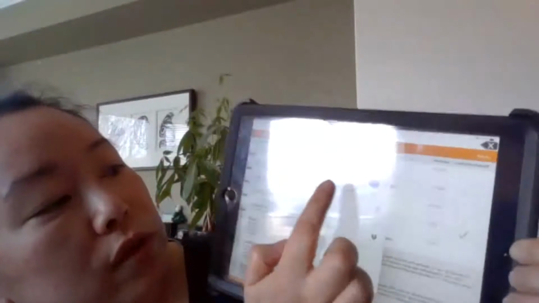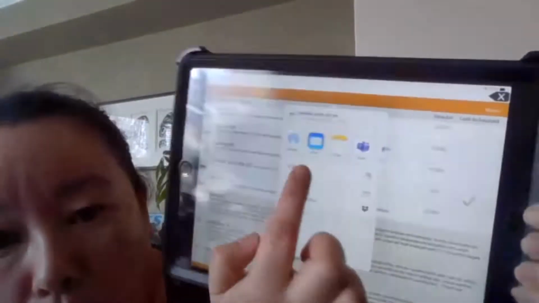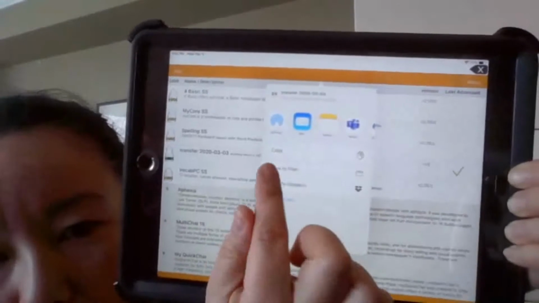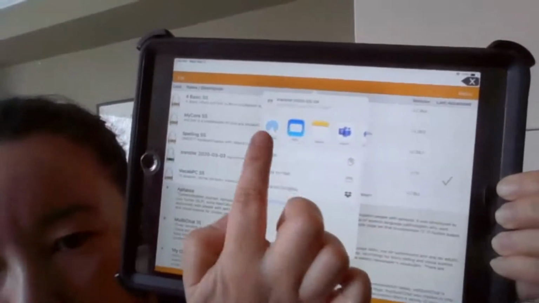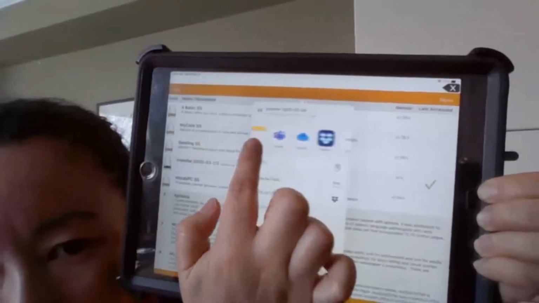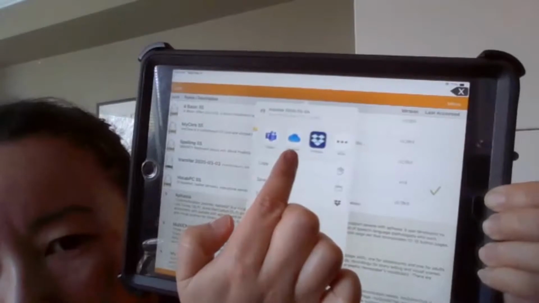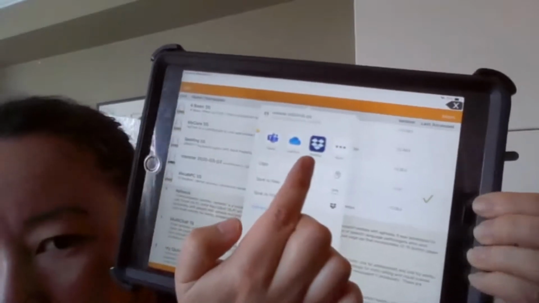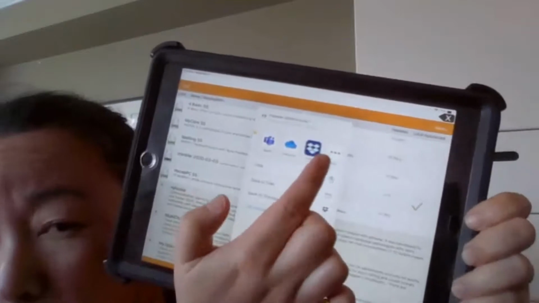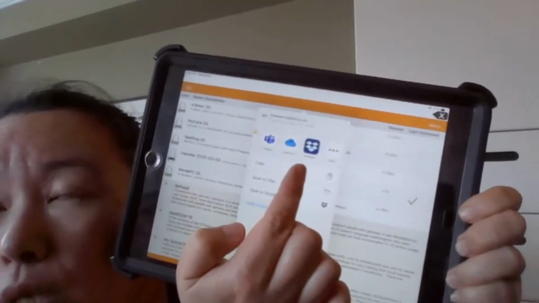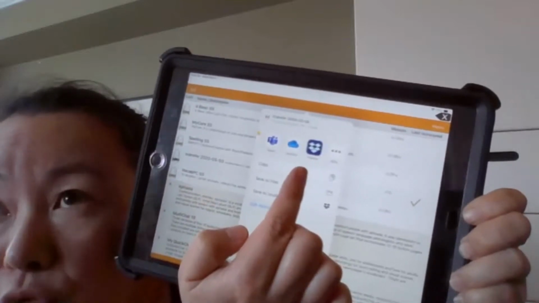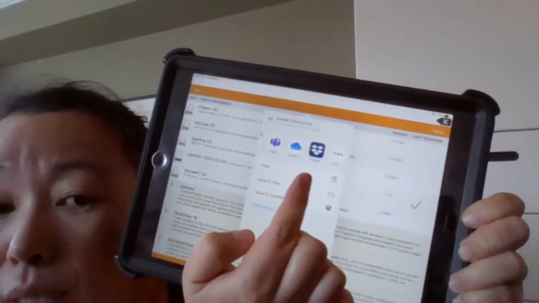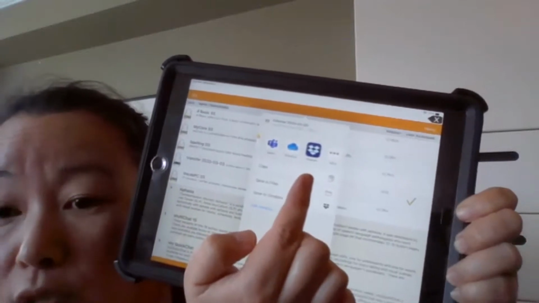And then what we want to do is actually go into, see how there's some icons for apps in there? Depending on what OS you have, the icons may appear below the AirDrop symbol, but mine appears up here. That's okay. I see OneDrive there. That's what we're going to do. You may also notice that there's Dropbox here. If you wanted to back it up to Dropbox, it would be the same process. But just so you know, Dropbox is not an approved platform for us to be uploading personal information such as